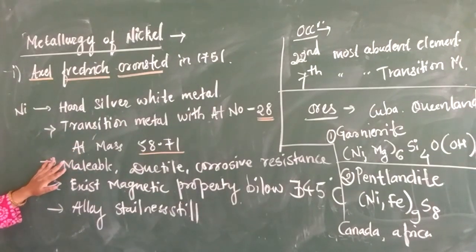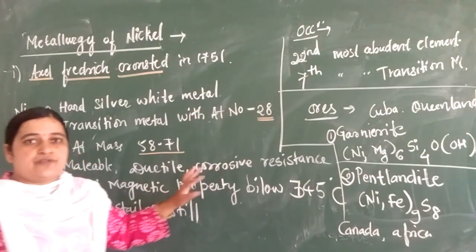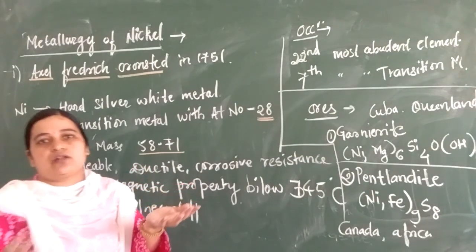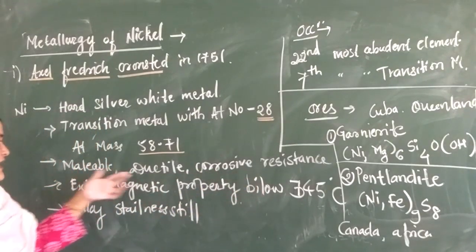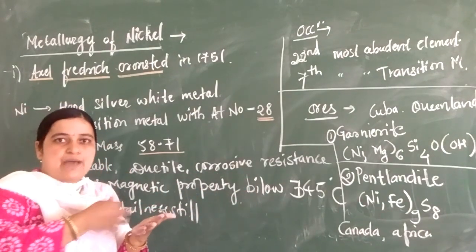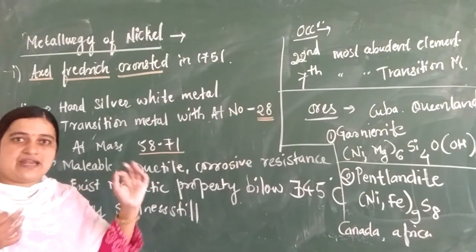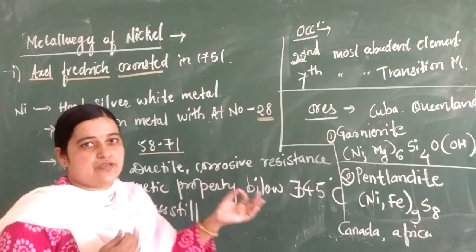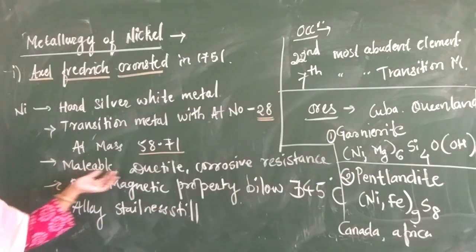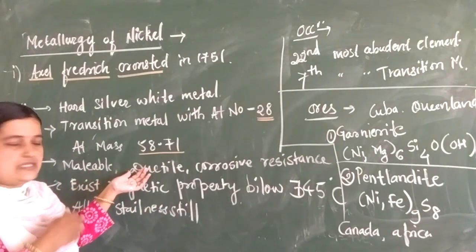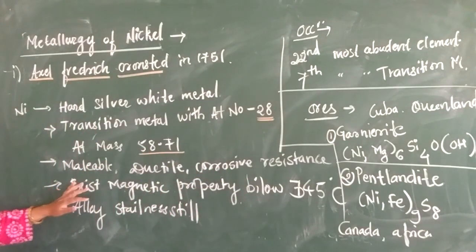It is malleable in nature, ductile in nature and corrosion resistant. It means that when you keep it in the open air in the rainy season, corrosion does not happen. It is ductile and malleable. When you hit it with a hammer, it can easily form a sheet. You already know the electrical wires made of malleable metals like copper, which are malleable and ductile in nature. In the same way we can easily shape this metal; it is malleable, ductile and corrosion resistant in nature.